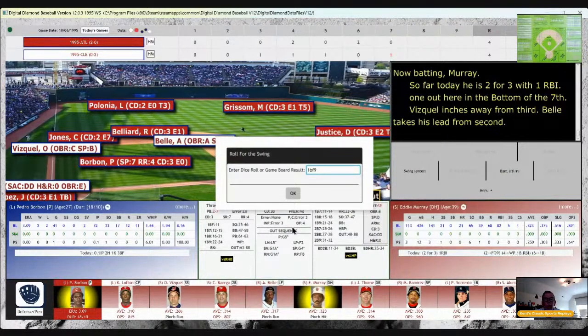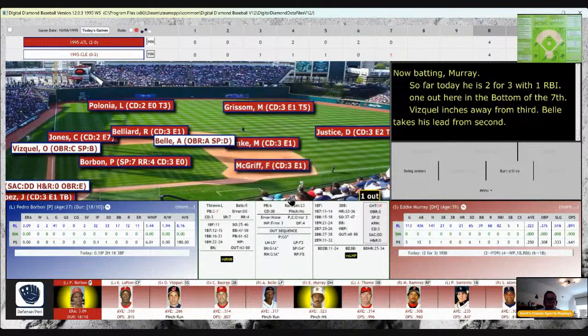Belle with an OBR of A. Let me see if he'll be safe. Got ahead of myself. Single scoring from second. Watch Justice's arm again.